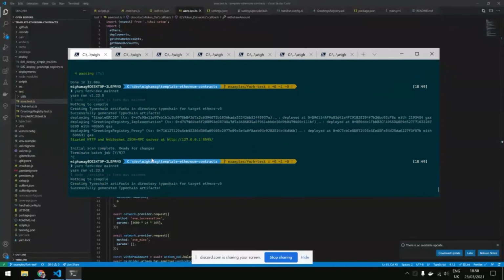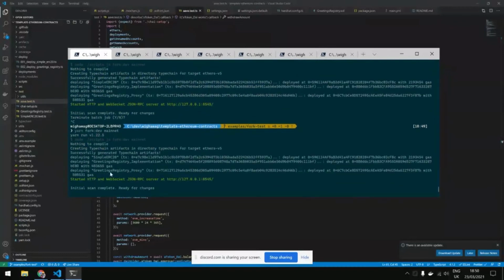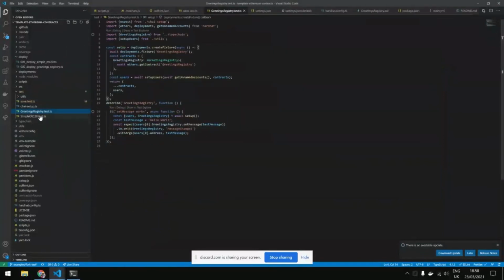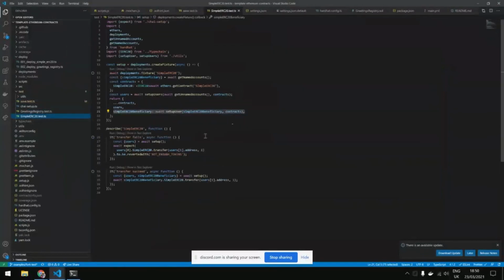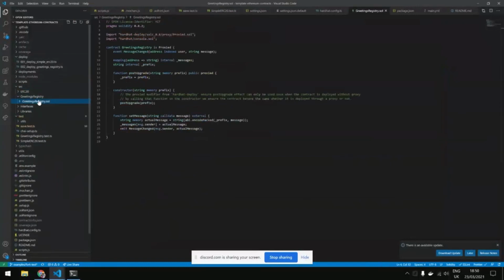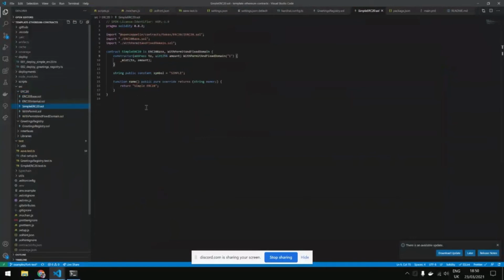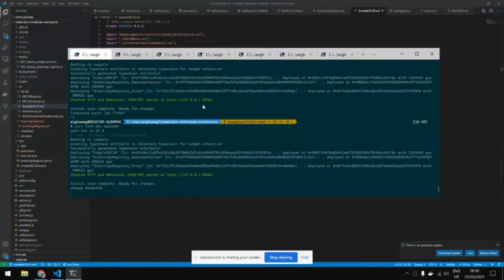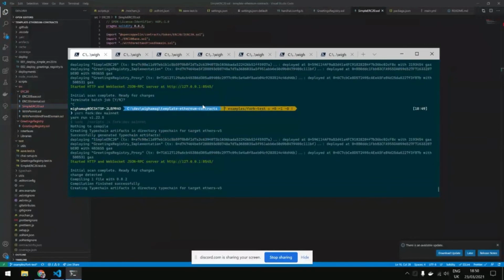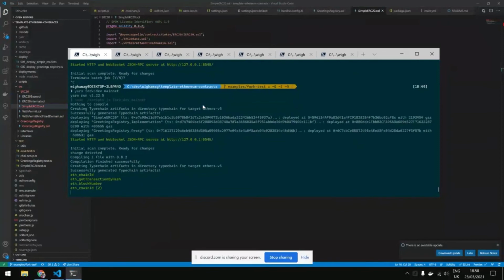Let's wait for it to get started. So I can change any of the contracts. I will show two scenarios, and then hopefully I have time to showcase how it works with the source code. No, actually, I want to show this contract. So let's say I change the name. ERC720. Change detected. It will recompile and then redeploy.